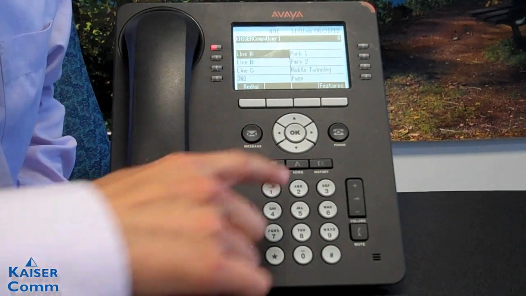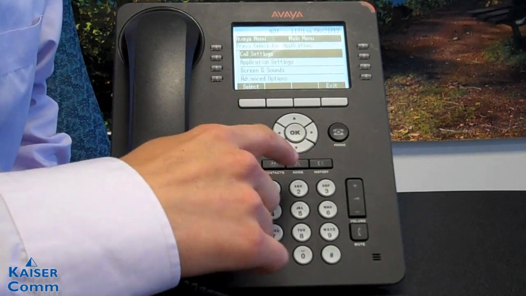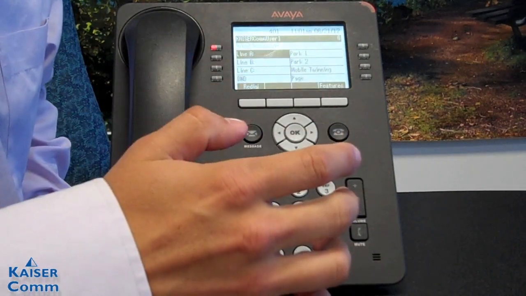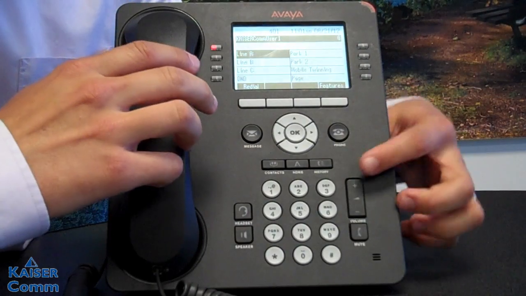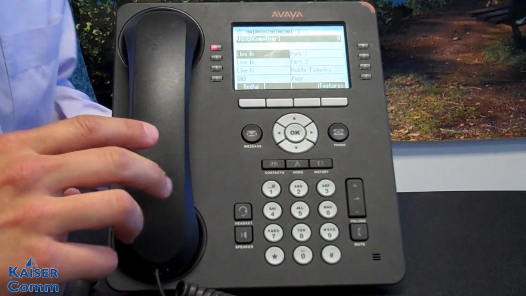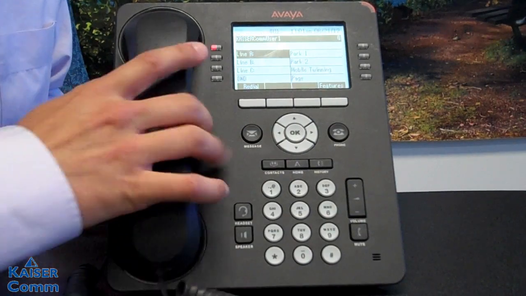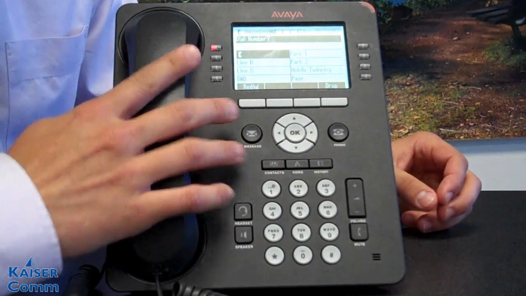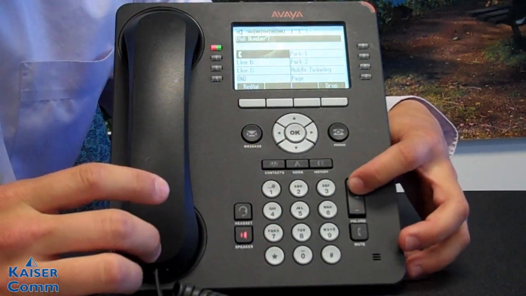Other buttons on the phone: my home is basically a menu that will go through all the settings. Other than that, the key buttons for you to use would be our volume, which is very intuitive. While sitting idle, it is our ringing volume. If I pick up the handset, it's our handset volume. When on speakerphone,